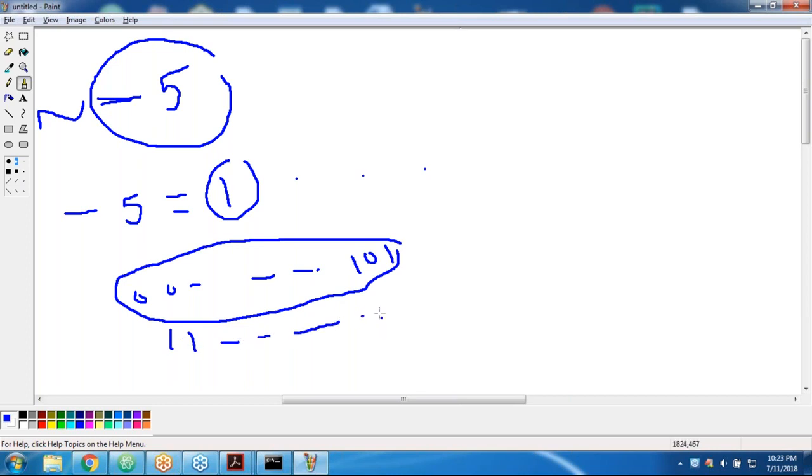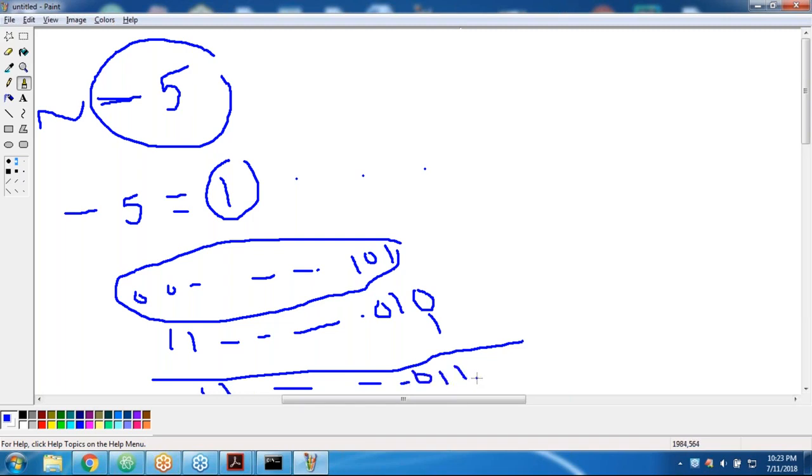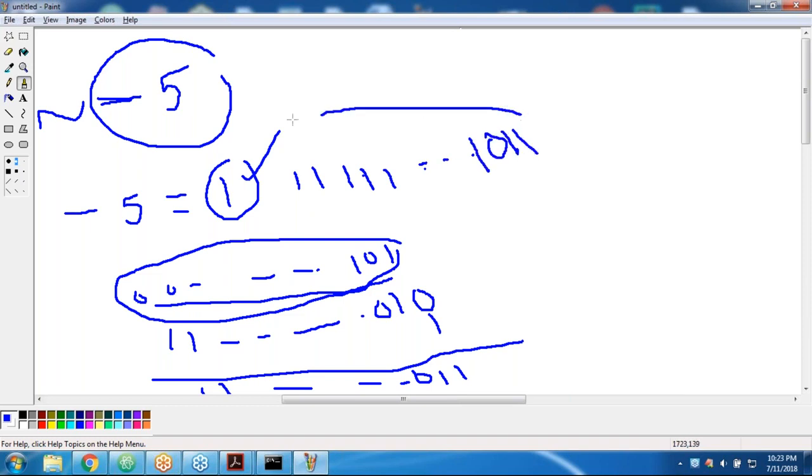Find the 2's complement. So 1 1 1 1 1 and so on, then 0 1 0 1's complement. Add 1 to that, and you get 0 0 1 1. The minus 5 internal representation is 1 followed by the 2's complement form of 5, that means 1 1 1 1 1 and so on, 1 0 1 1. Wonderful, this is the representation of minus 5. Once you got minus 5,